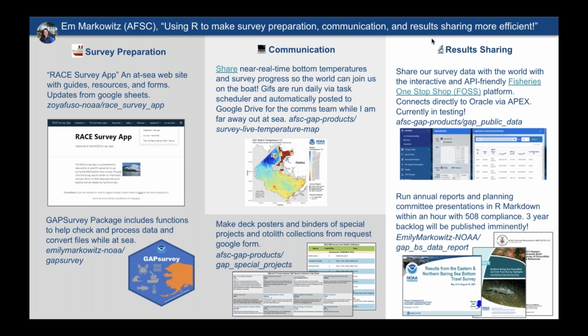The first is we have this website that we use on the boat to help us go through and find materials that we need, and we call it the Race Survey app. And so it used to be that this was written entirely directly in HTML, and not everyone knows HTML, and writing code like that can get quite messy. So we actually moved that into Google Sheets and the Distill package. So now that whole website is much easier to change and update and get better information on more efficiently.